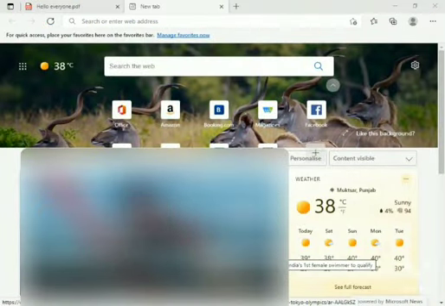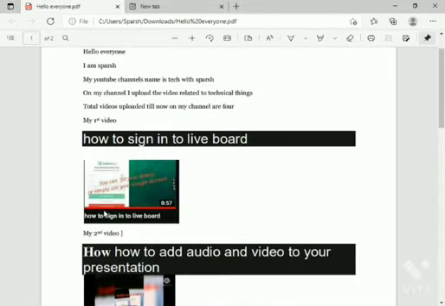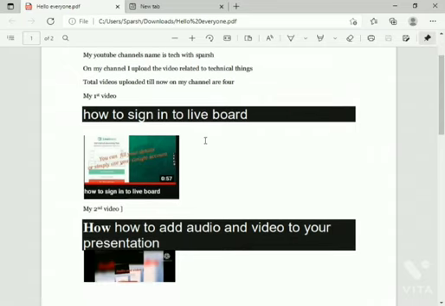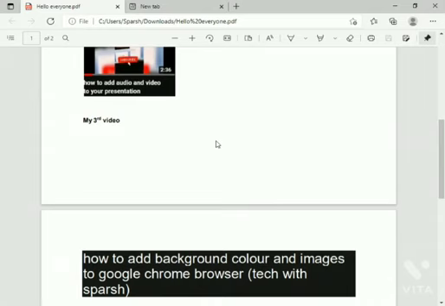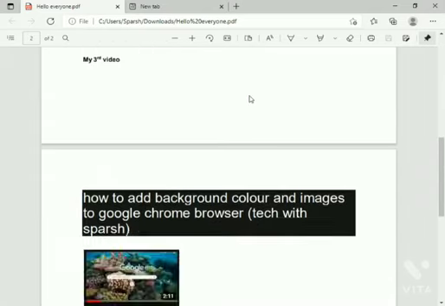In today's video, I'm going to tell you all the features of Microsoft Edge and how to edit a PDF in Microsoft Edge. Both things are the same. So let's get started. First of all, we need to open a PDF. I have opened the PDF. It's all about my PDF. I have created this PDF.